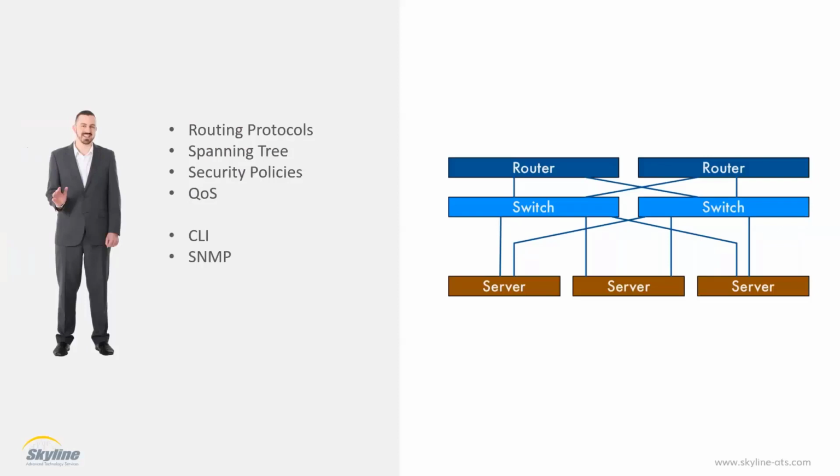But what happens is, over time, like most of us, Bob's network grew. He went from a few routers and a few switches to maybe multiple routers, switches, and servers. And it got a little bit harder for Bob to just log into each of these devices individually. So there were a few other things he had to learn. He had to learn things maybe like TCL, which is Tool Command Language. Maybe he did some Embedded Event Manager or Expect scripts. But it was still fairly easy for him to manage his network.